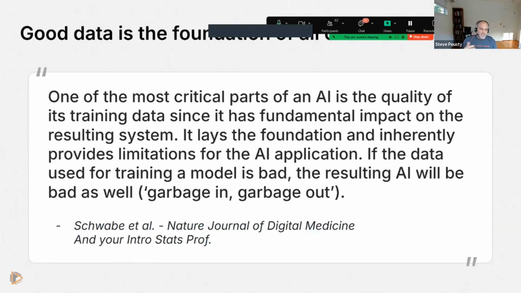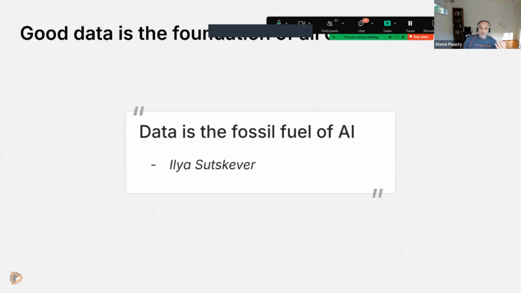Garbage in, garbage out. So this came from Schwab in the Nature Journal of Digital Medicine, but it also came from your intro to statistics professor, because that's what they said all the time, right? It's all about the data and the quality of your data. There's certain things you can or cannot answer depending on what data you have. So if you don't believe Schwab, we could also look to Ilya